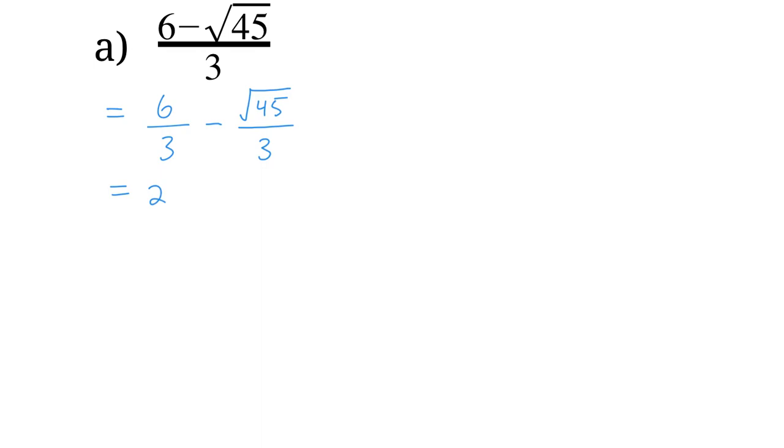And the square root of 45 over 3, well, I can't just reduce that right away, but the square root of 45, I can use its factors to rewrite that using our multiplication rule. Some factors of 45 are 9 and 5. So I'm going to rewrite that as minus the square root of 9 times 5, all over 3. And I chose those particular factors because we can change that square root of 9,